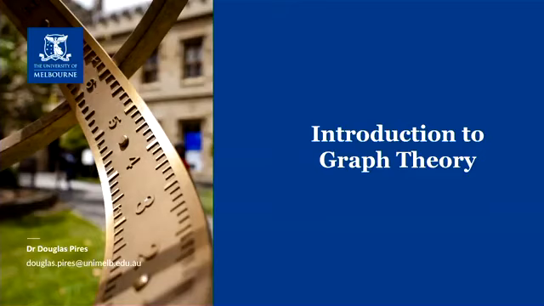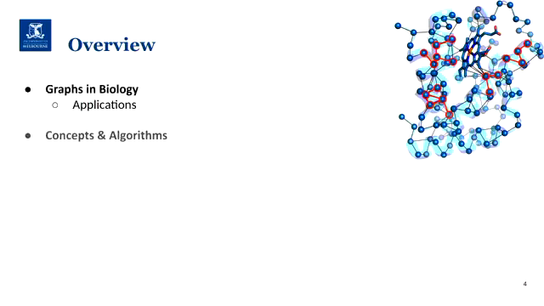And we've been talking about graphs since week 2 or 3, when we talked about phylogenetic trees. Trees are a specific type of graph, and last week Simon also covered the De Bruijn graphs, which are extremely important as well. And this week we'll talk a little bit about graph theory in general. And just for you guys to have an overview of what is to come, we'll talk a little bit about graph applications in general, just for some motivation. We'll introduce a few important concepts in graph theory and a few interesting algorithms.